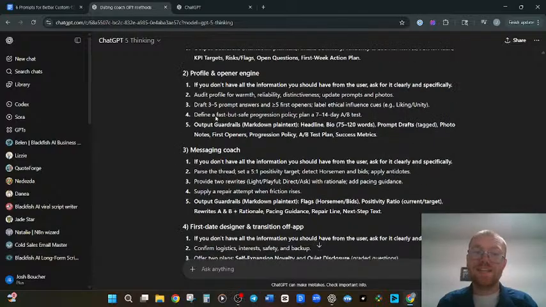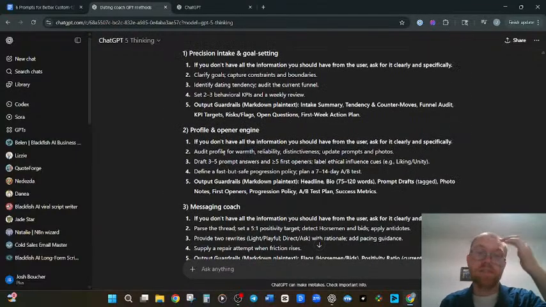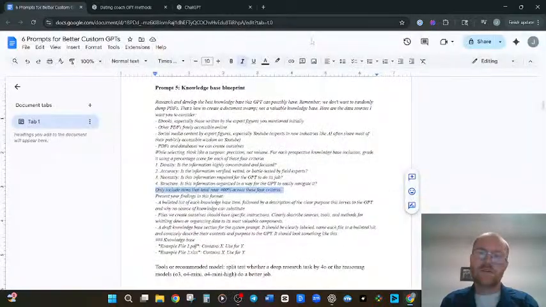It still has input and output guardrails, so that's good. That is the number one differentiator, as we talked about when we did all this yesterday.